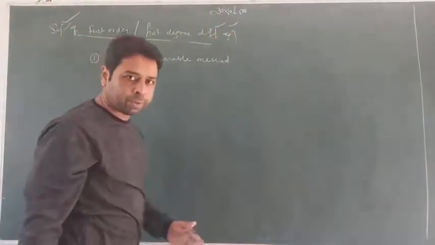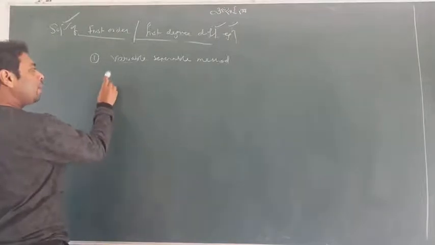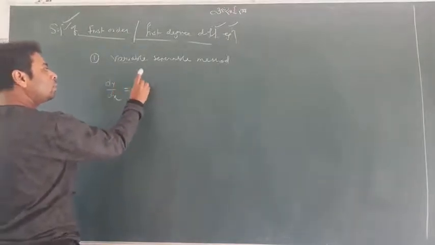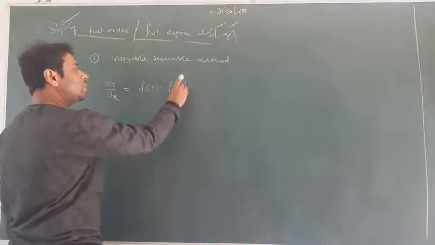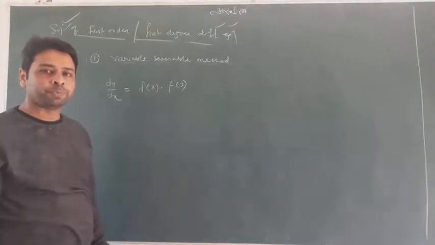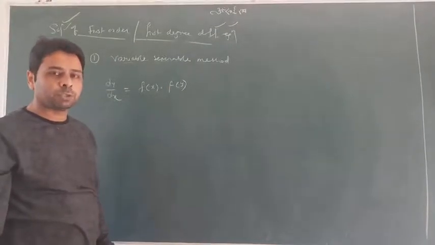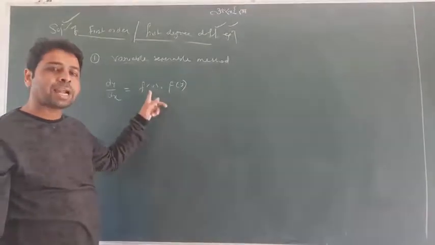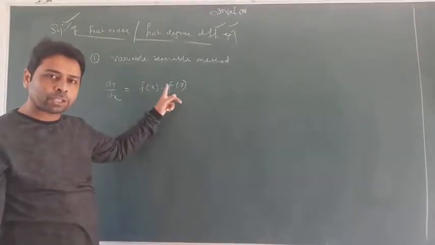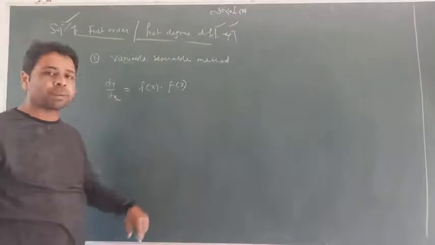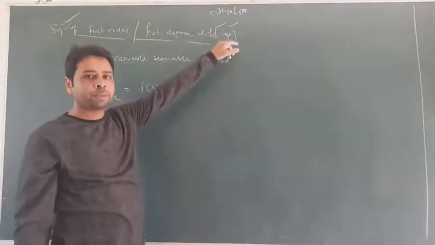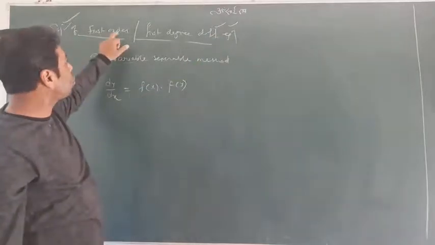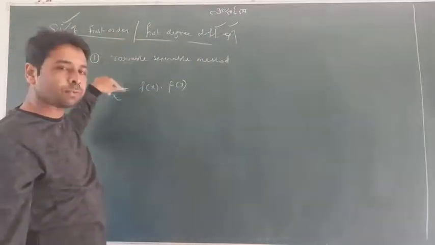The differential equation will be given like what? dy by dx is equal to f of x and f of y. Suppose this kind of situation is given to you, where the term of x and the term of y are both coming in multiplication, and dy by dx is coming. Would you think that this is what? This is a differential equation, and it is first order, yes, first order, first degree, yes, first degree.